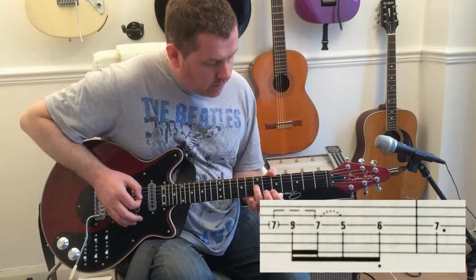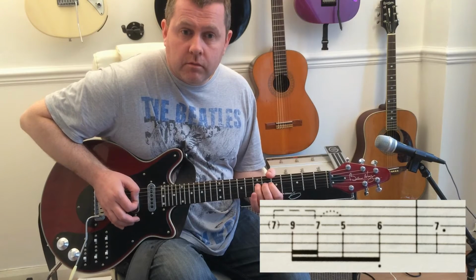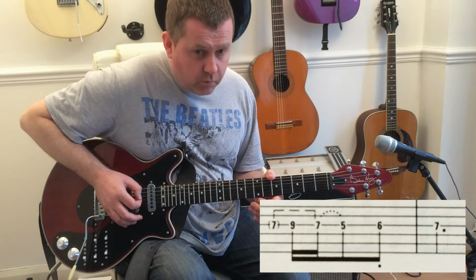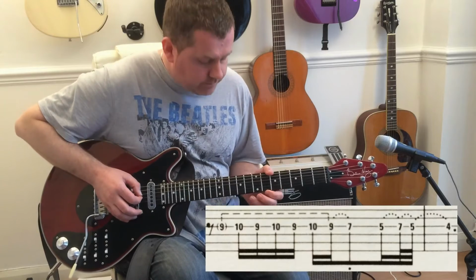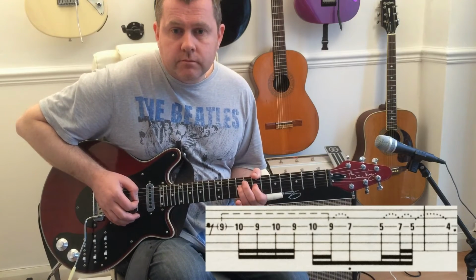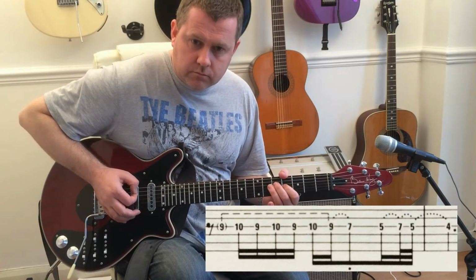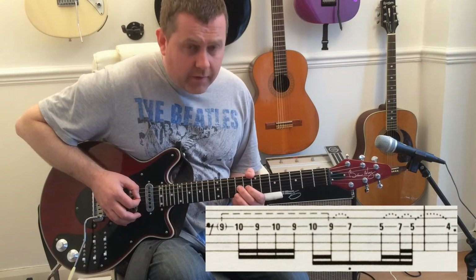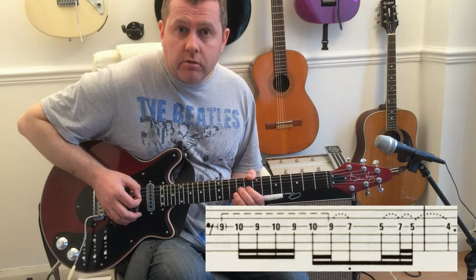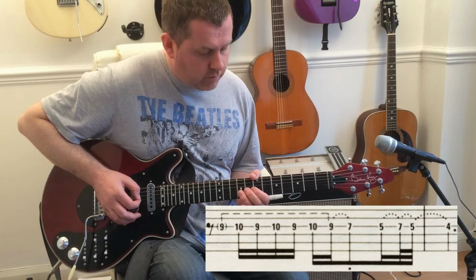So on the G string, 7th fret, we're going to bend up and release, and then we're going 5, 6, 7. We then have our next phrase, which starts on the 9th fret, and we go. So we're on the 9th fret of G, we're going to bend and release 3 times to the 7th fret,